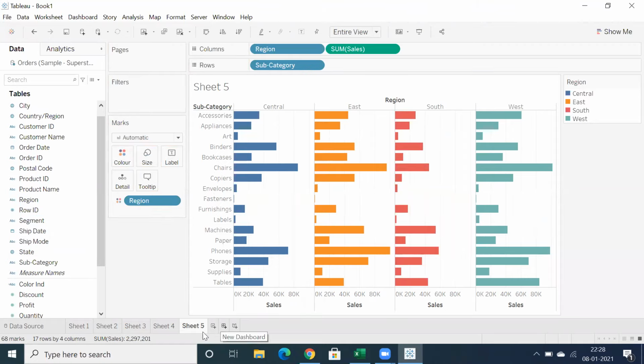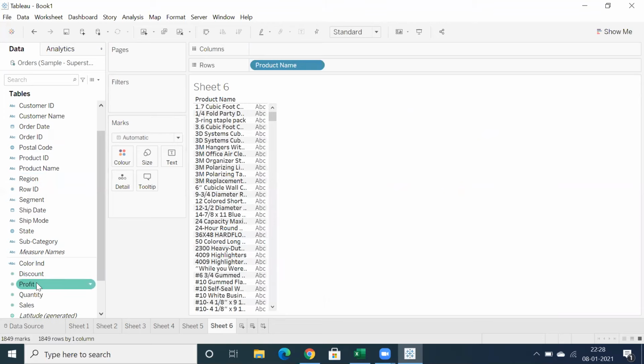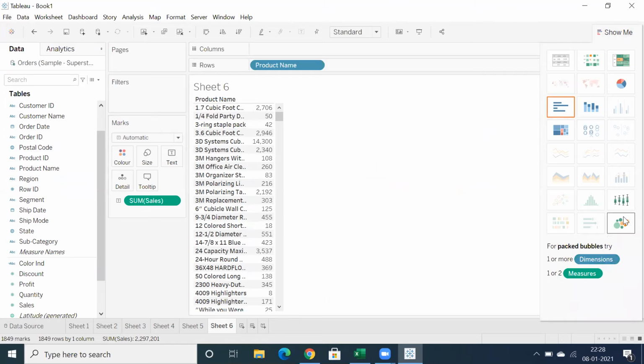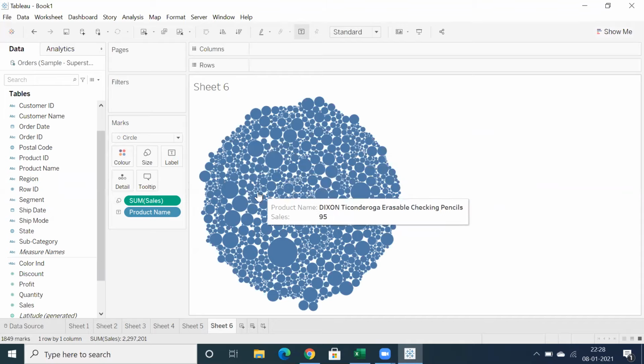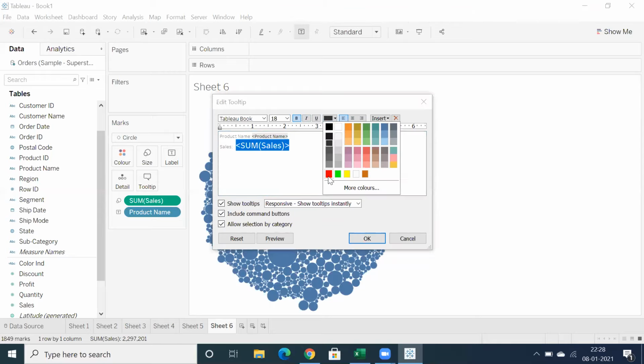And one of the flexibilities of Tableau is the faster tooltip. Let's say we have a larger number of records, let's say product name and sales, and you create a bubble graph, so that you will have more bubbles based on product-wise sales. What I mean to say is it will capture those results pretty fast, the faster tooltip. The tooltip is pretty fast here. Let me showcase that.